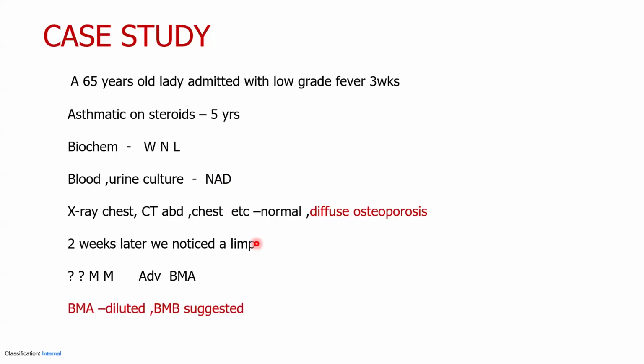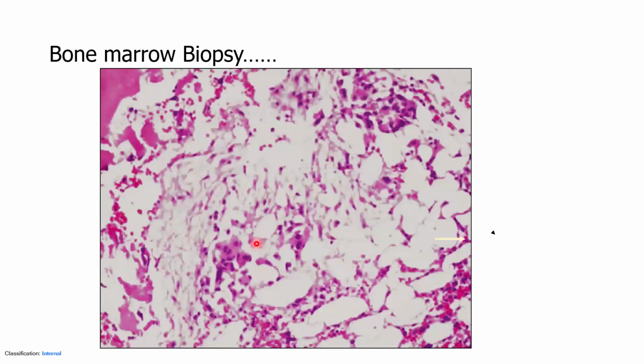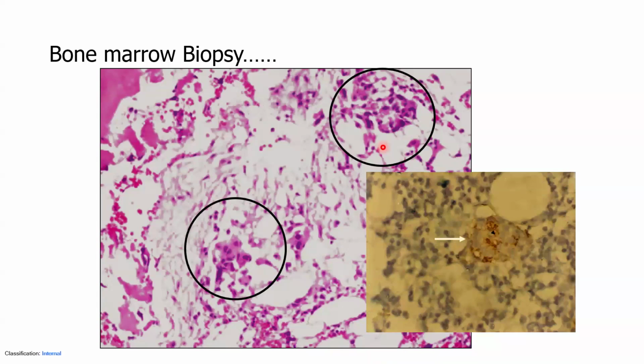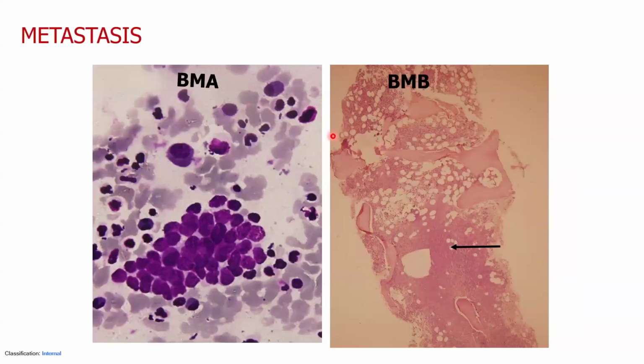It was diluted, so then bone marrow biopsy was performed. Now, what did the bone marrow biopsy show? It was a hypocellular marrow, and there were clusters of cells within the bone marrow biopsy. To ascertain the nature, we started a battery of tests, and these were CK positive, by which time we had already lost the patient with extensive metastasis. So, bone marrow aspirate as well as bone marrow biopsy are very useful in picking up metastatic disease